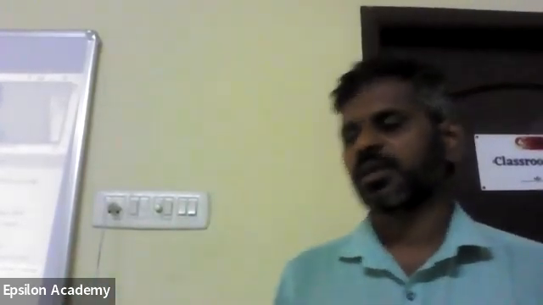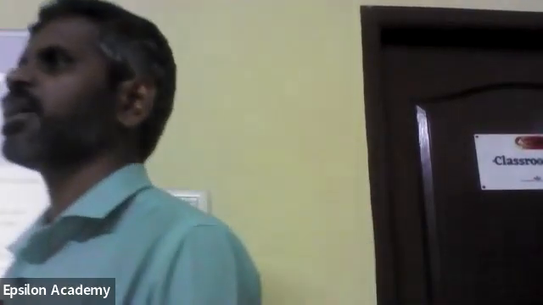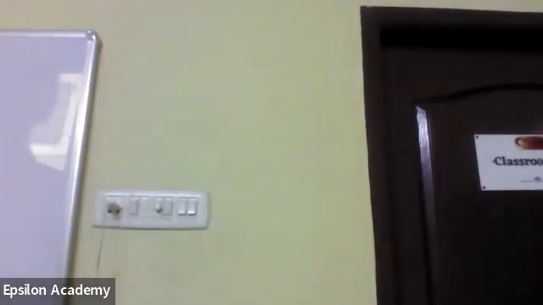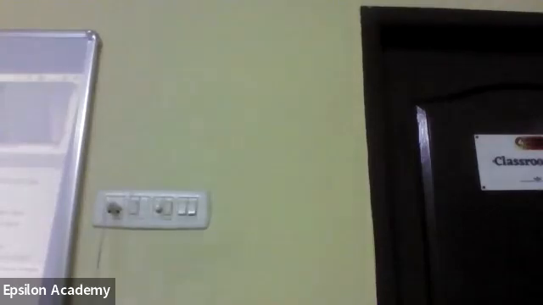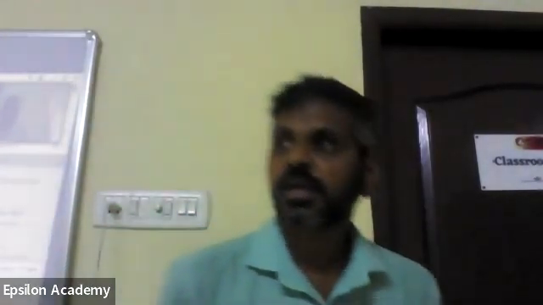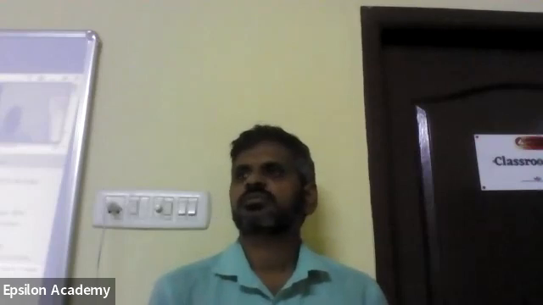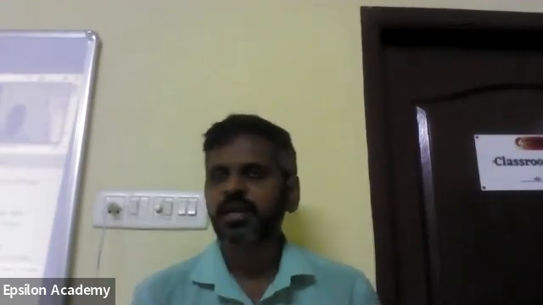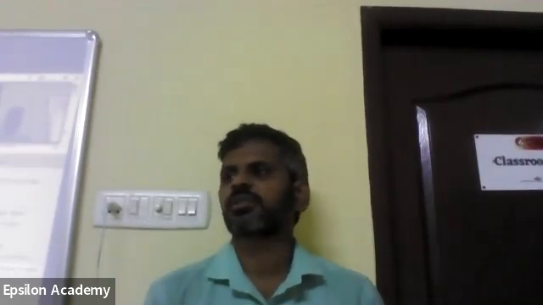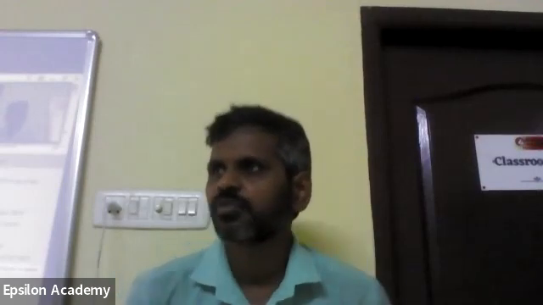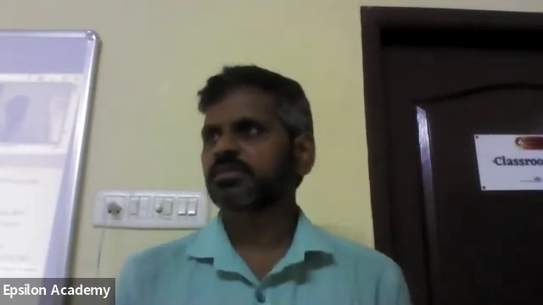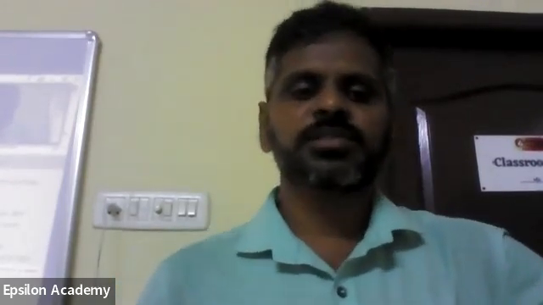Tan 4x can be written as tan of 2x plus 2x or tan of 2 times 2x. What is it? Tan 2x is 2 tan x upon 1 minus tan square x. Again, we have to apply the tan 2x formula because it is 4x. We will get the whole expression in terms of 2x. Correct? So tan 4x, LHS,